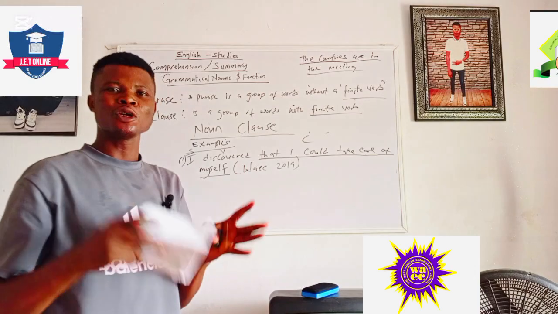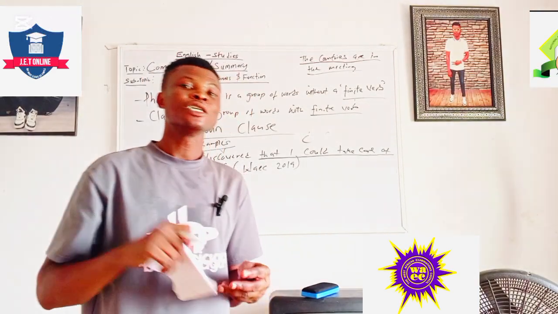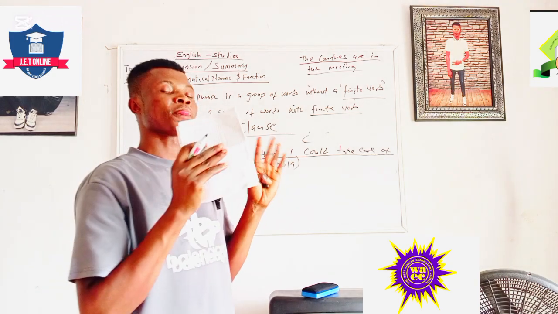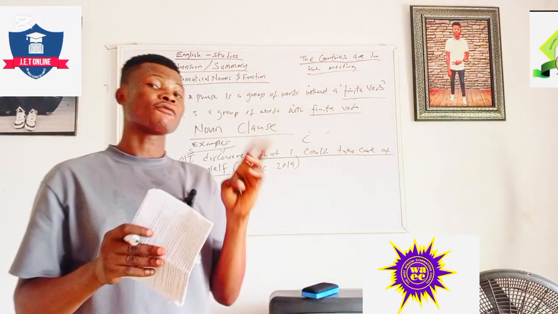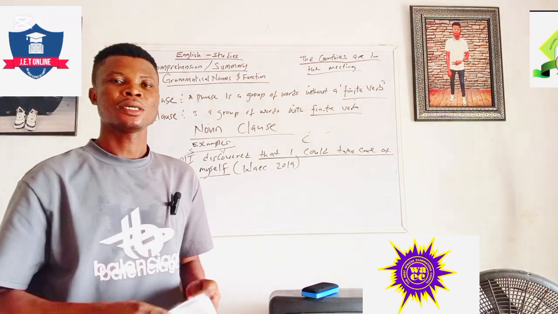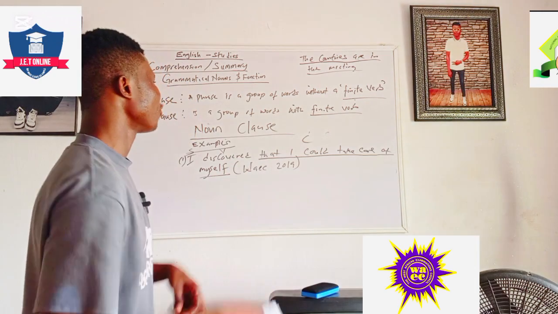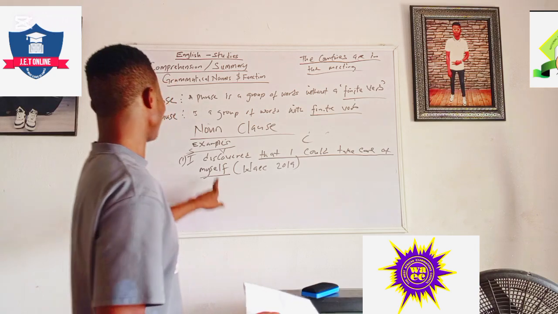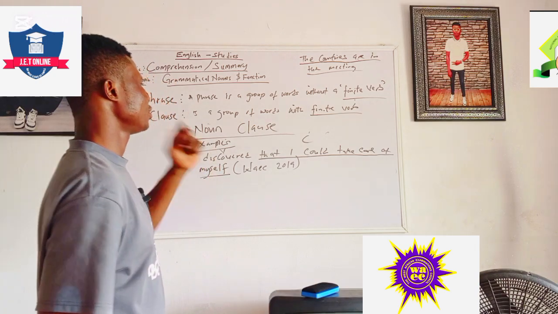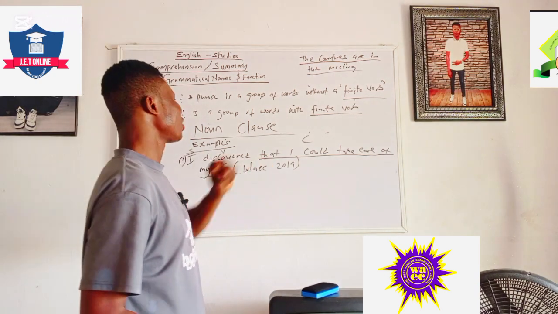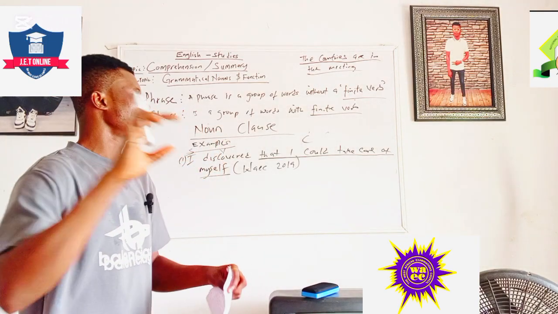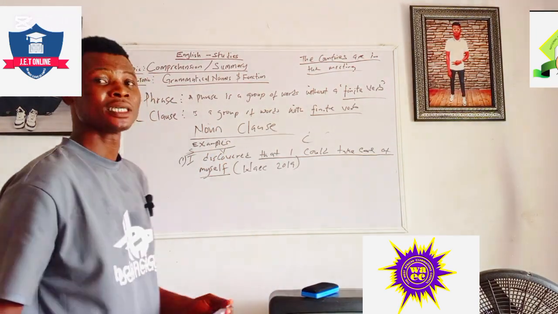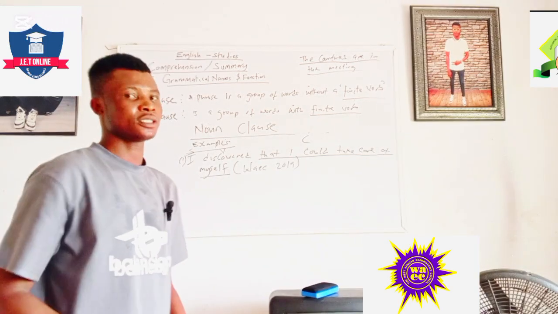That is, for you to know if the expression is a noun phrase or noun clause, you need to look at the position of the expression in the sentence. Is it in the position of a subject or a complement? And another thing, is there a use of a pronoun or a noun? If you look at what we have here, we have the use of a pronoun, myself, and we have the use of the pronoun that. So you look at the elements used in the expression. If you have a noun or pronoun element, that shows that it is a noun clause.